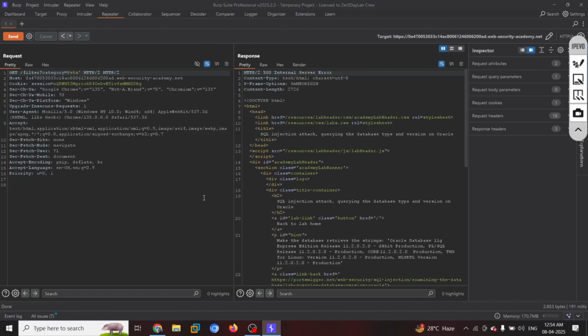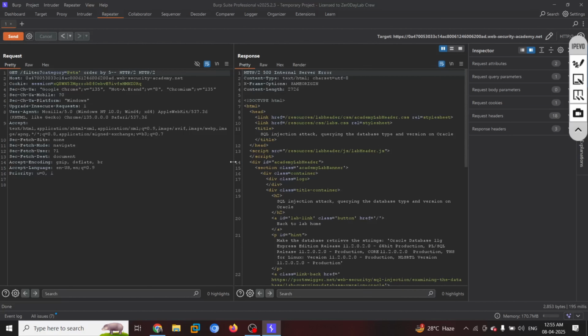Now we need to know how many columns are there, right? And how would we come to know? For that, we already know there is a query called order by, that we have discussed in our previous blogs too. So we are going to use order by over here. Order by 5 hyphen hyphen, and see what we are going to get.